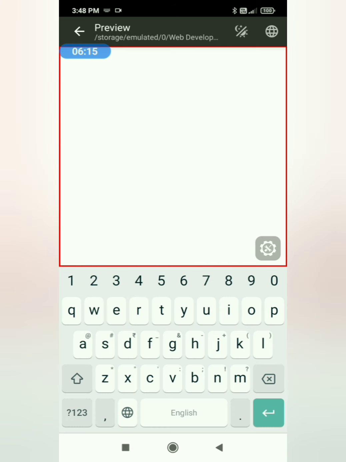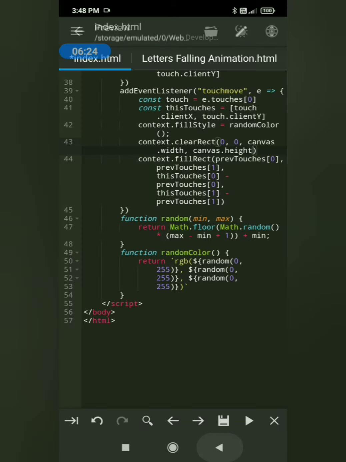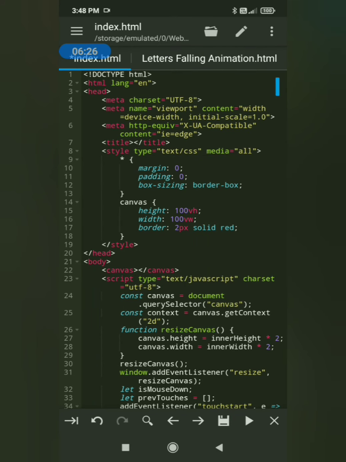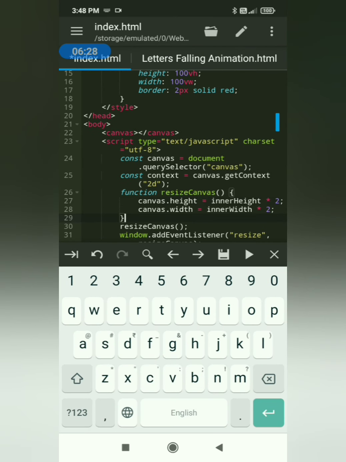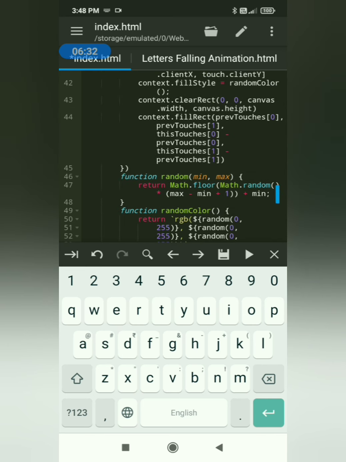So let's run it. You can see that it is being formed, and it is working very well, but the rectangle is not formed at the place where we are touching. That is because the width of the canvas is twice the inner width, and the height of the canvas is also twice the inner height.